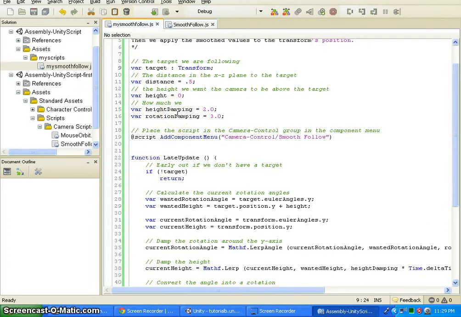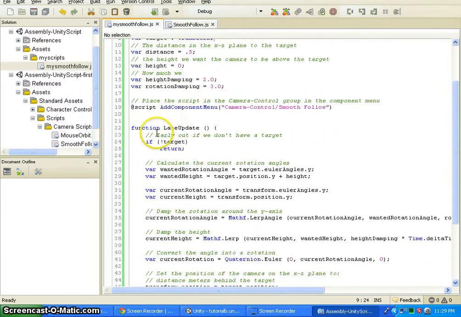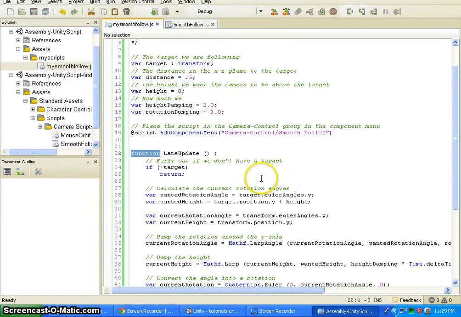However, this is where our actual command is. A function is a basic form of command. Everything that's a function has all kinds of different commands. Late update specifically